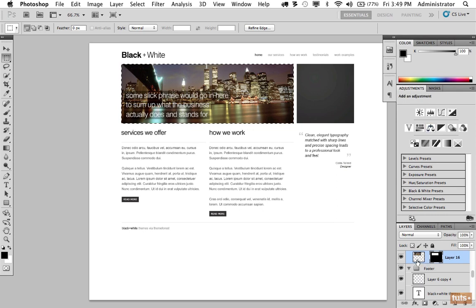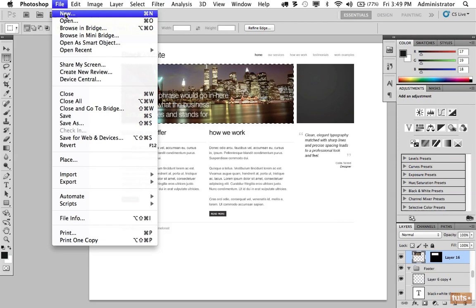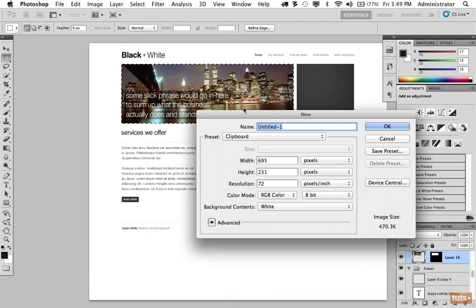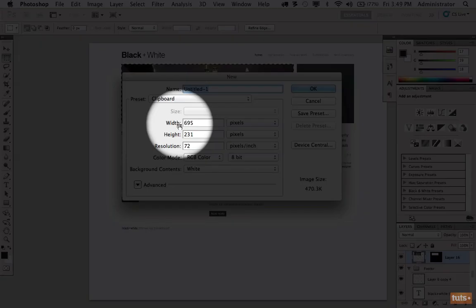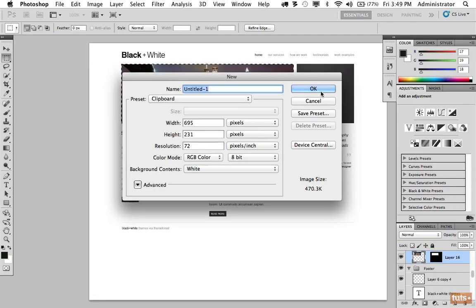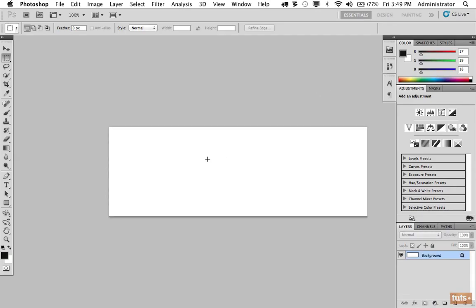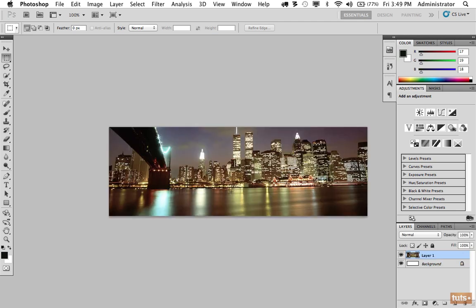And then I'm going to come back, click on the thumbnail, and copy it by pressing Control or Command C. Now that's copied, I'm going to create a new file, File, New. And now what you'll see right here is the width and the height have been set to the exact dimensions of what is stored in the clipboard. I'll click OK, and now Control or Command V to paste that in,